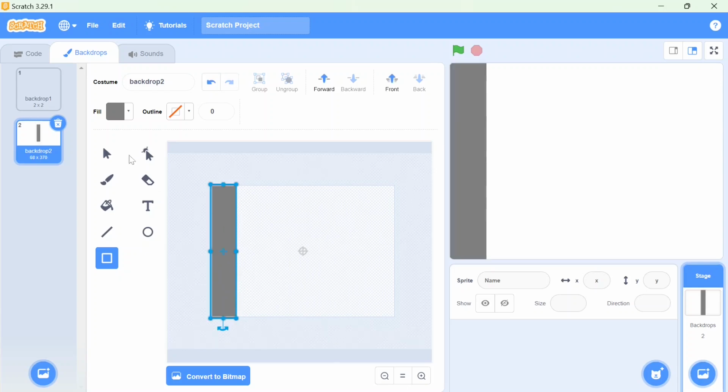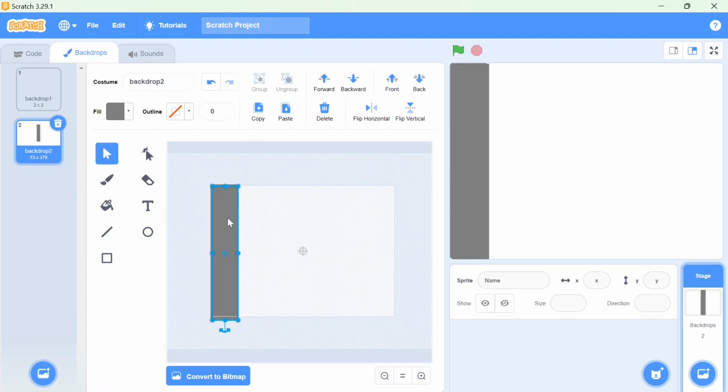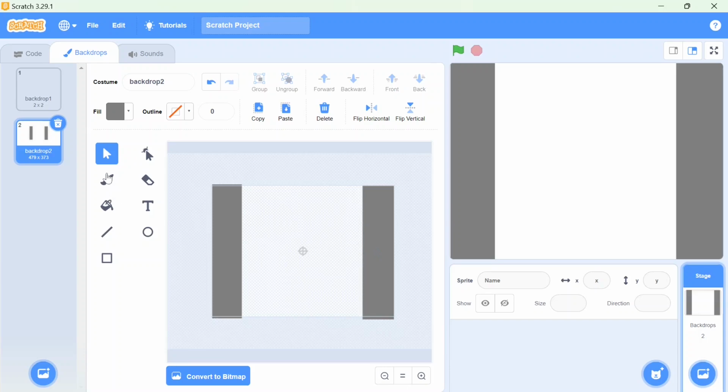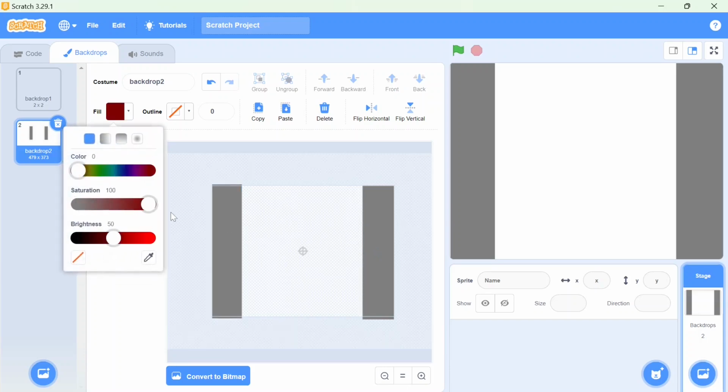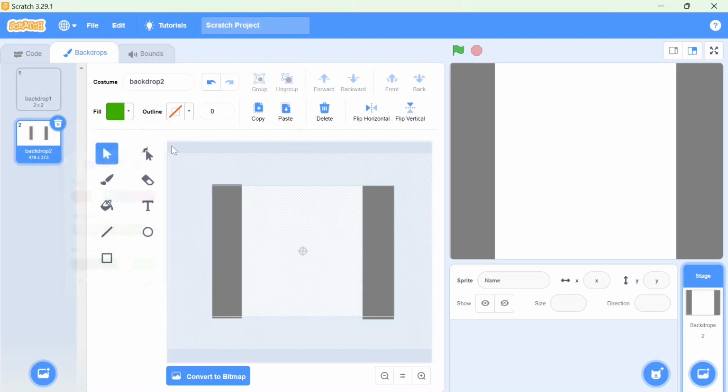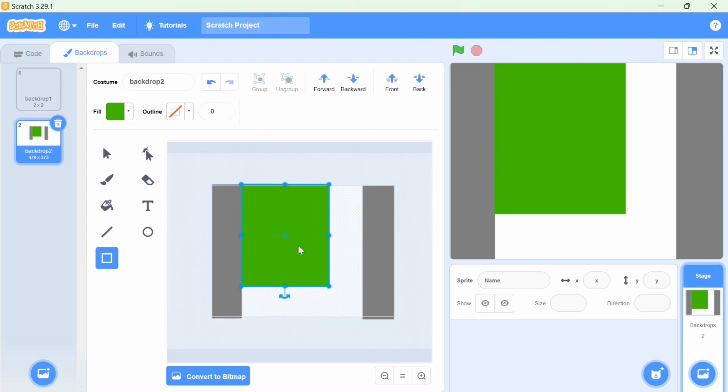Okay, this one is done. Now I'm going to select this, copy and paste it. Then one more side is also done. Now I want green color. For that I'm going to fill the color, saturation full, brightness full, and I will select one green color. Okay, make it a little dark. Okay, yeah, it's done. Now this color, again I'm going to select this square and fill it.